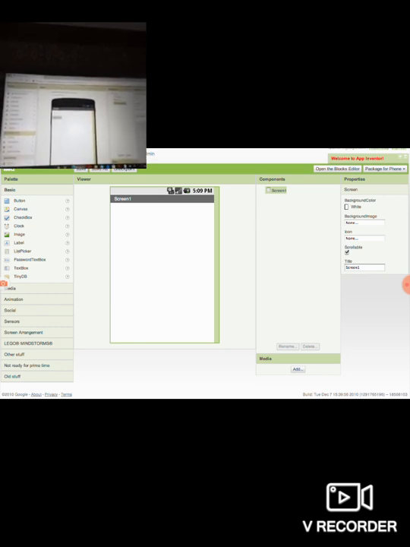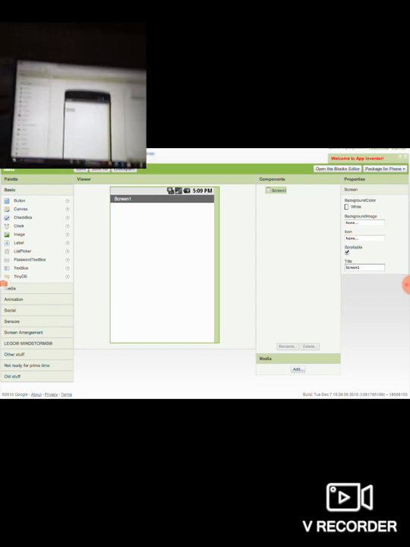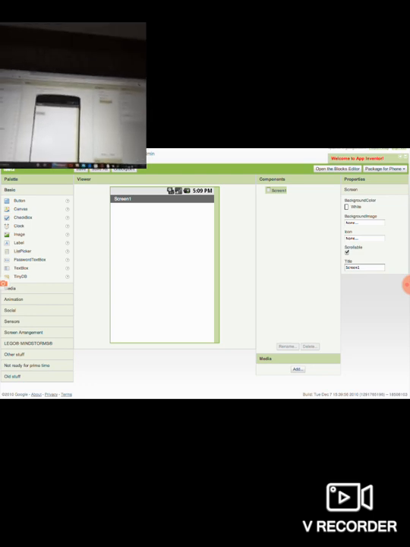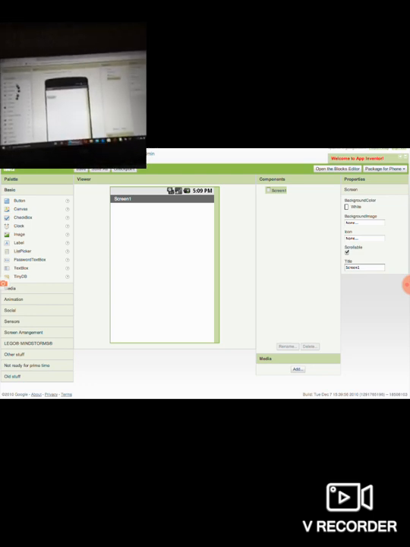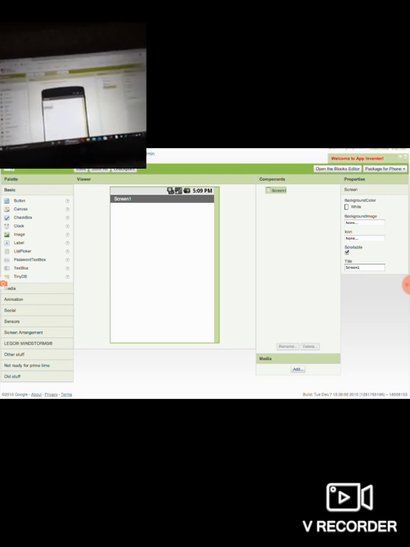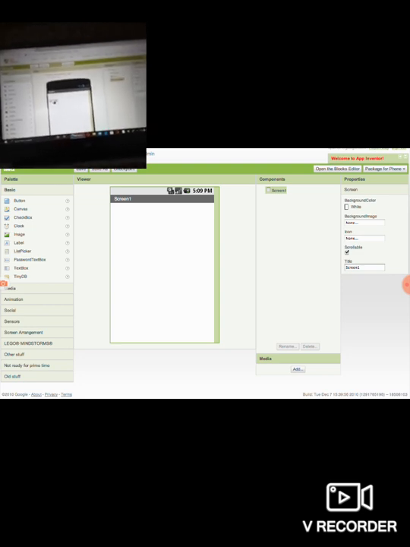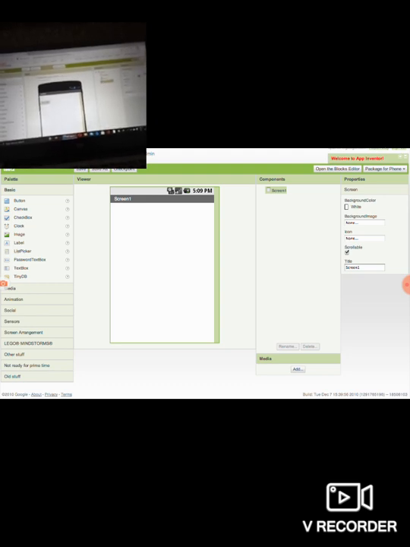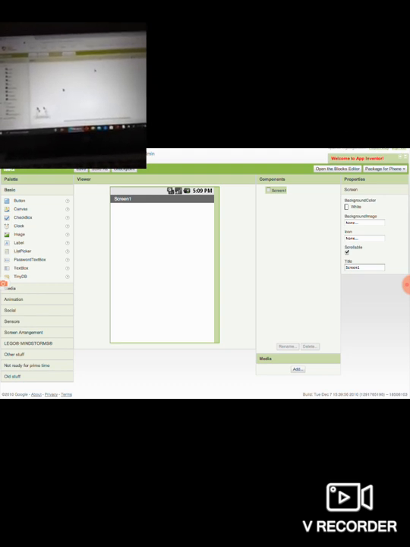I need text to speech. I kept Talk to Me and text to speech, and go to blocks here.